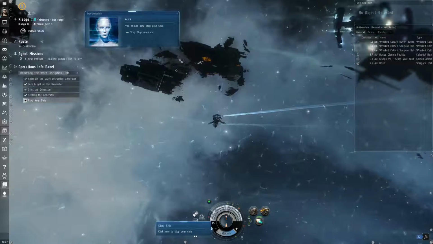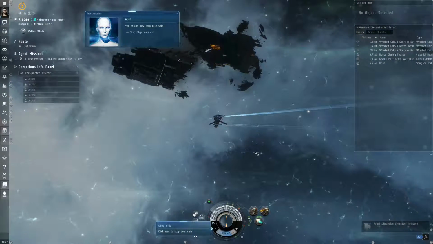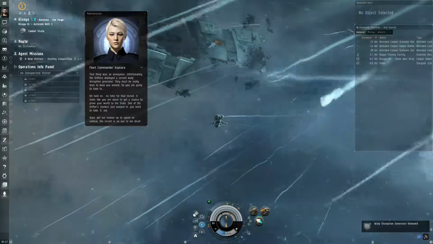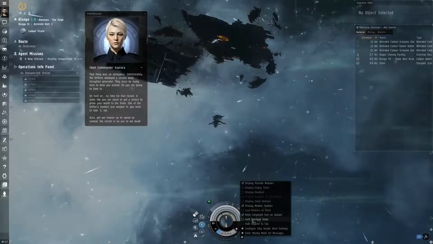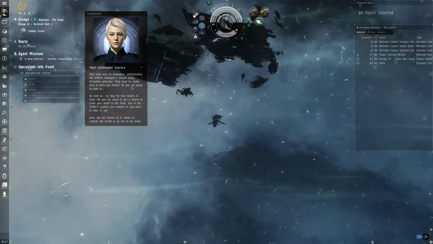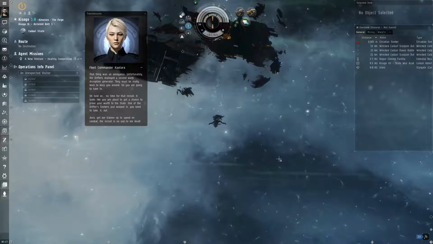You should now stop your ship. That thing was an annoyance. Unfortunately, the Drifters deployed a second warp disruption generator. They must be really keen to keep you around, so you're going to have to...